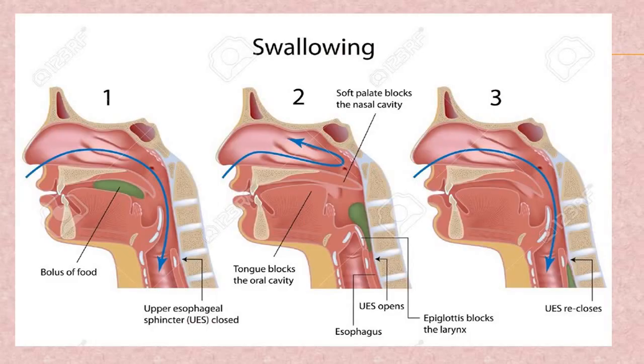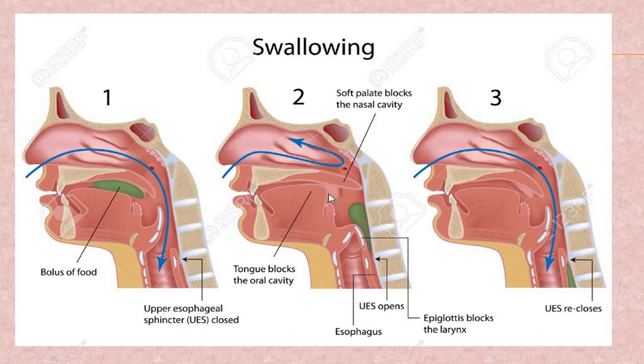This is the figure that shows swallowing. You see, this is the hard palate, this one is the soft palate, this green part is showing a bolus, and this is the tongue. When the bolus is pushed towards the pharynx, this is due to the upward movement of the tongue, which pushes the bolus towards the pharynx. At the same time, the soft palate is also raised upward and closes the internal nostrils to prevent the entry of food into the nostrils. And once the food enters into the pharynx, the reflex action starts, that is an involuntary action,